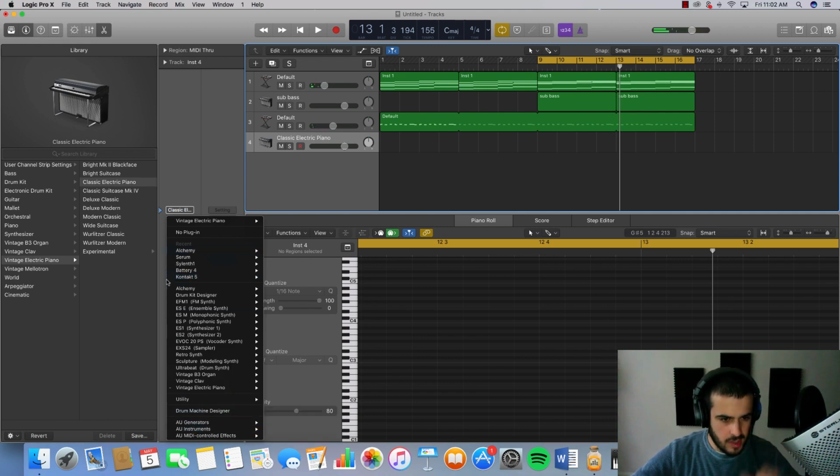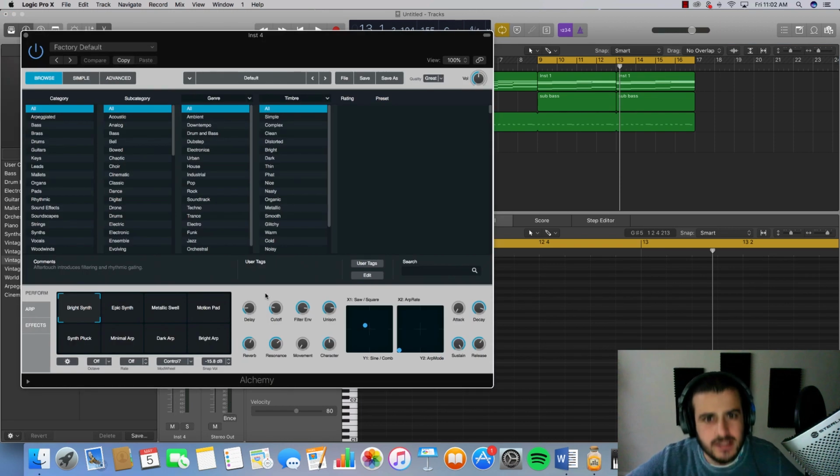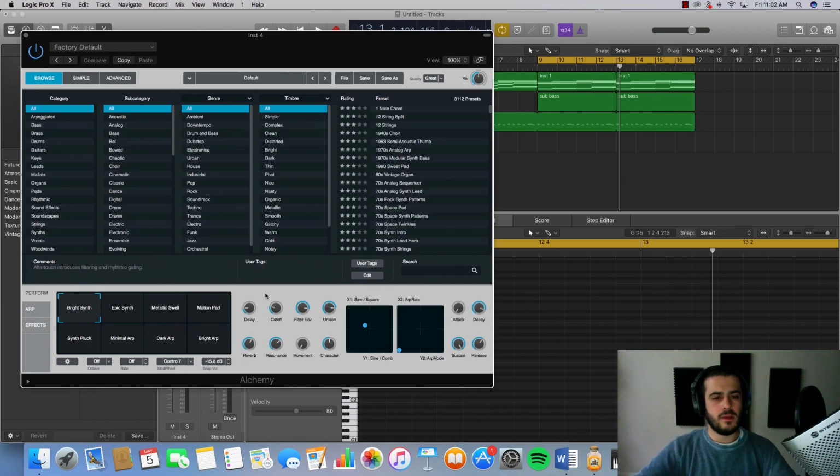Okay, so let's go back to Alchemy and let's bring in another melody. When I'm starting a song, I like to bring in all the different melodies that are going to possibly show up in the entire track. In a song you have your main melody, the one you keep bringing in, maybe you start the song with it, then get rid of it for a little bit, then bring it back in.